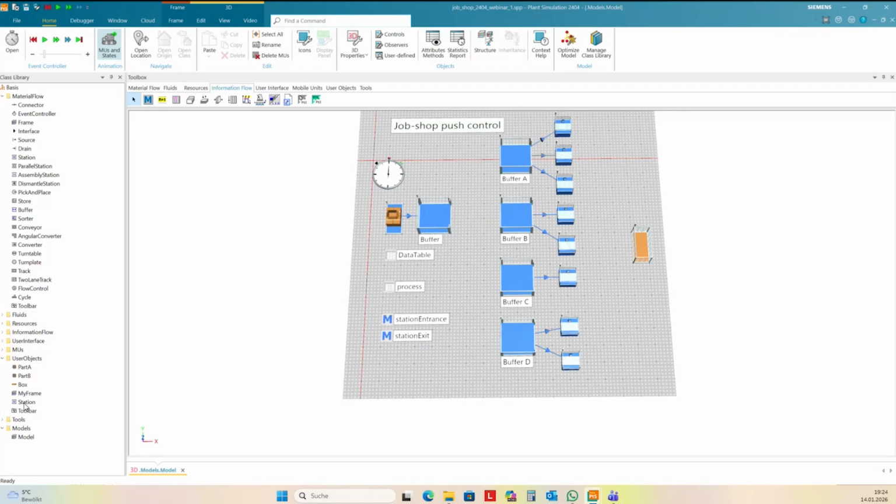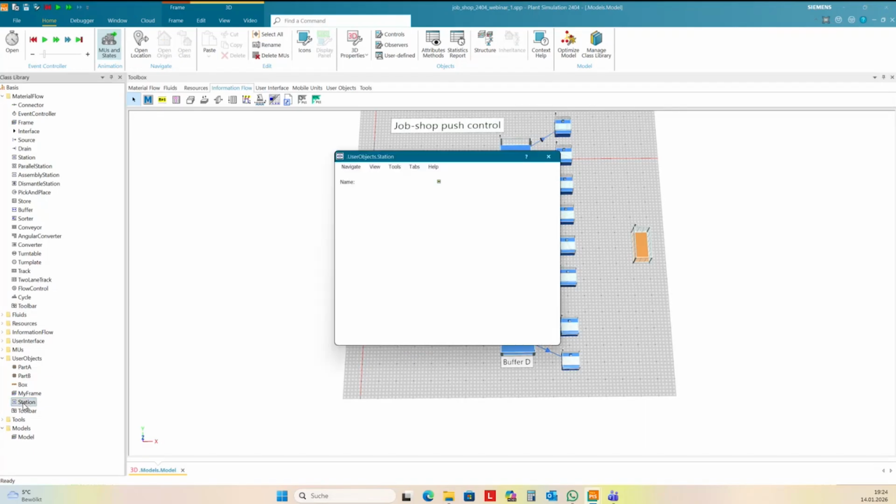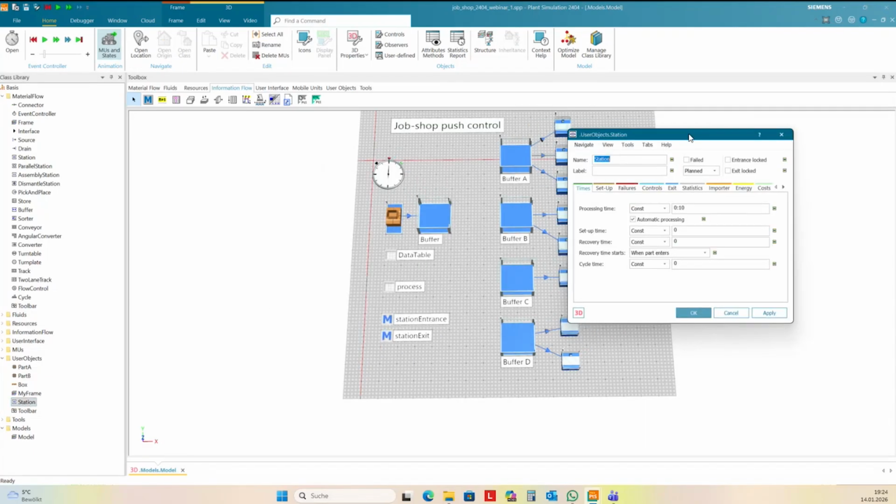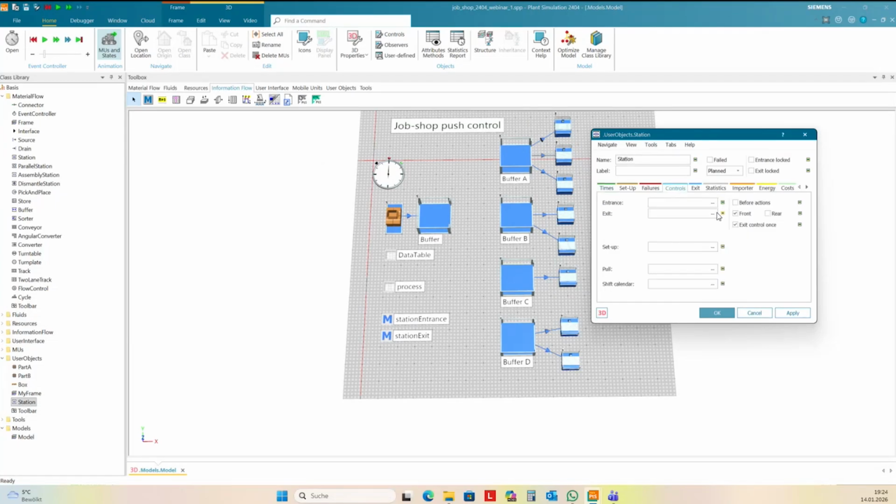And I assign these controls in the class library. Open the station, controls. The entrance control needs to be before actions. So the change in processing time influences the part that's coming here on the machine. And so we need to select before actions, and I just write here station entrance.